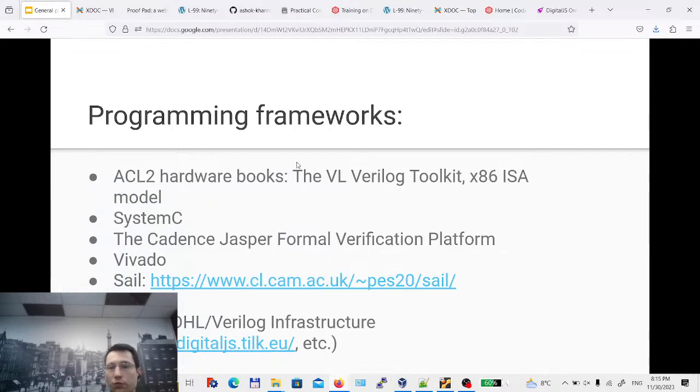So there are a few programming frameworks. We mentioned before the two ACL2 hardware books. It's the VL Verilog Toolkit, the x86 ISA model. I would recommend finding the SystemC books and toolchains. The most modern thing to do formal verification for the hardware is the Jasper tool, which is part of the